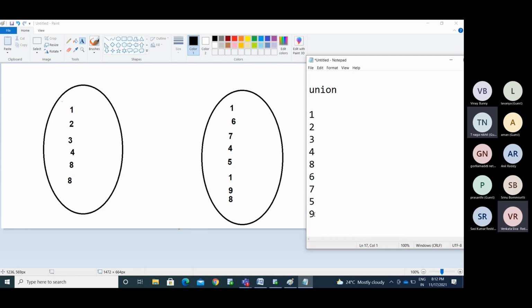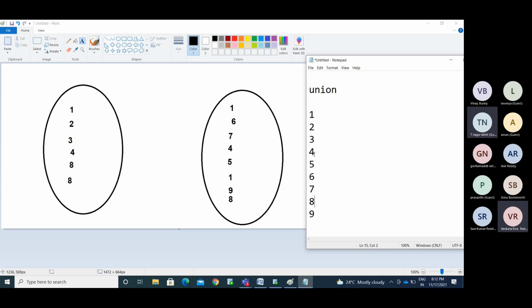So this is the union value. If I use the union, I will get this output. After displaying all the values, it sorts the output from low to highest. So what values do we have here? 1, 2, 3, 4, 5, 7, 8, 9.